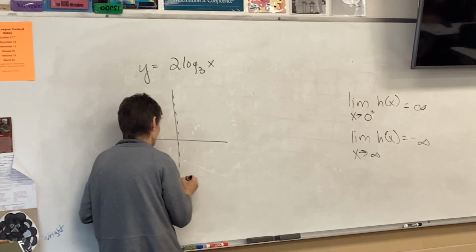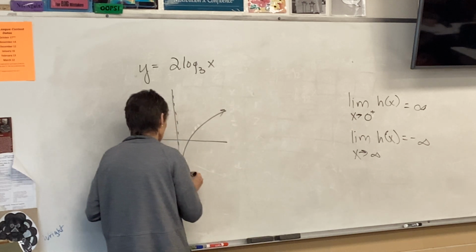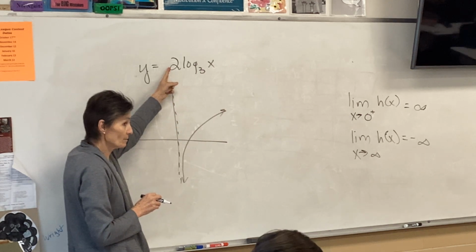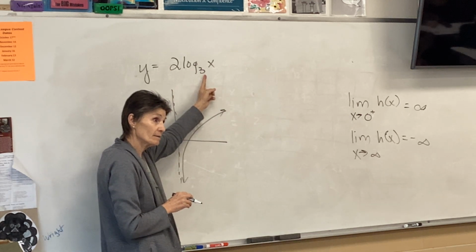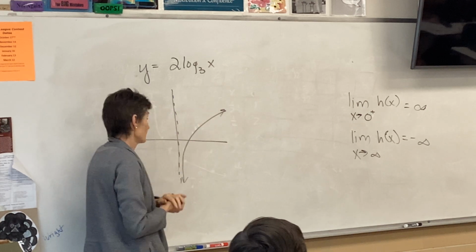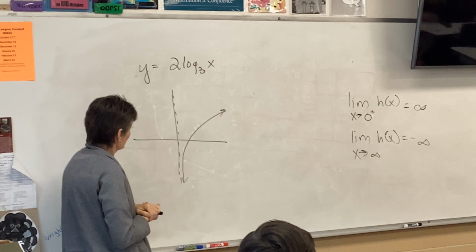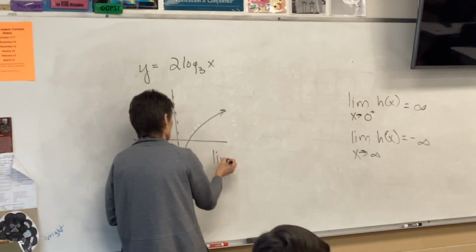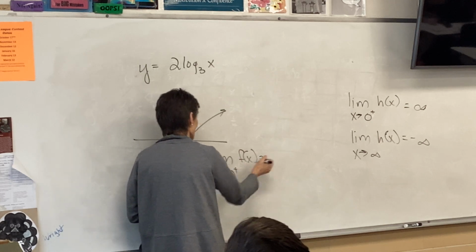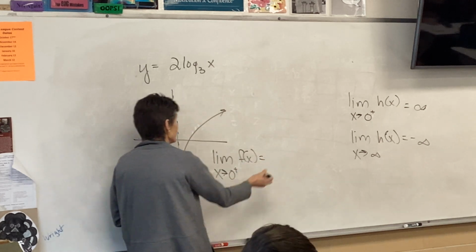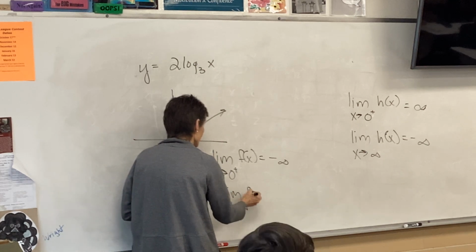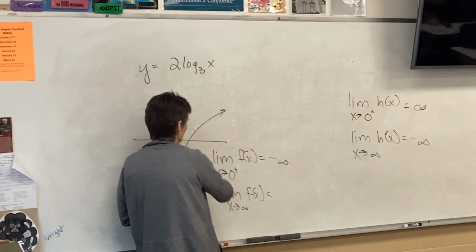Going up. How do we know? Positive number, base bigger than 1. That's what they look like. So what's your end behavior? The limit as we approach 0 from the positive side is negative infinity. And the limit as we approach infinity is